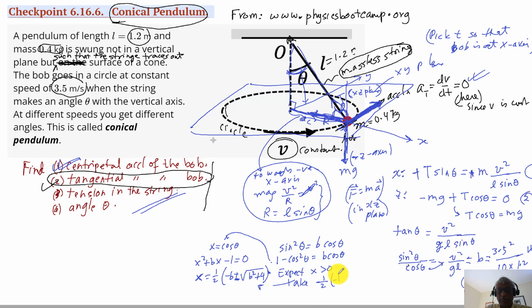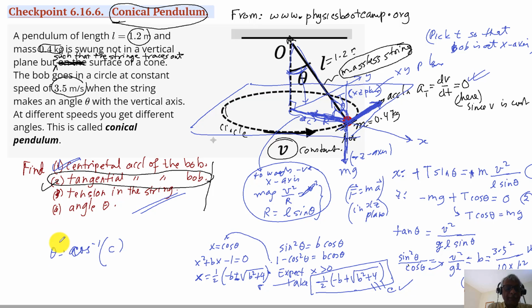Half of minus b plus the square root of b square plus 4. And so arc cosine of this will be the angle. So arc cosine inverse, let this be called C, will be theta. So you have to find out what the C is by plugging in. So that's the theta, and since cosine theta is C,